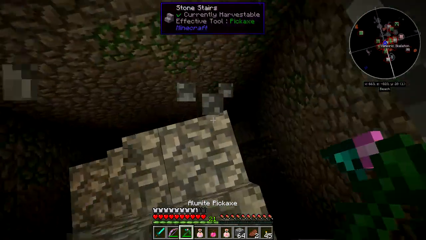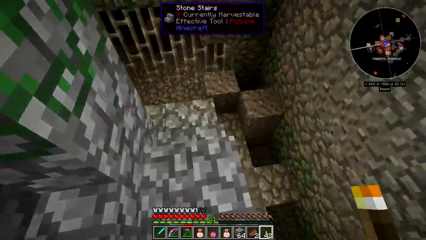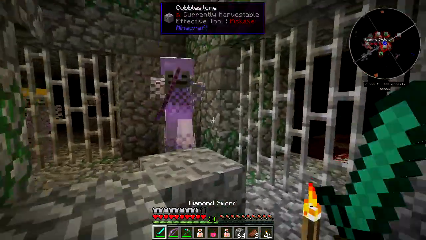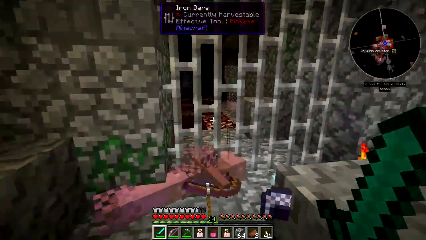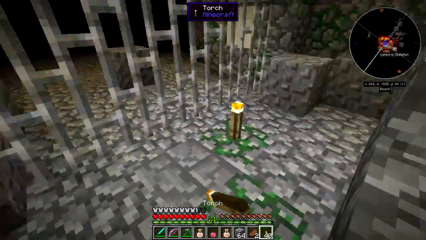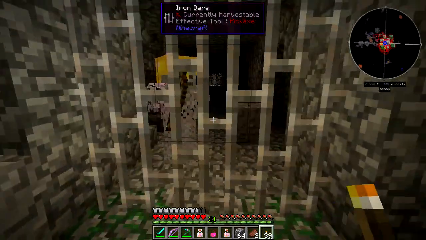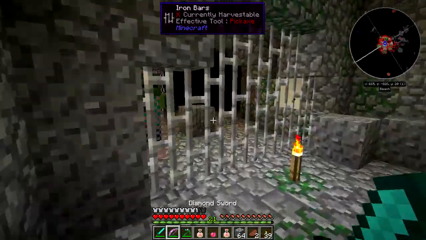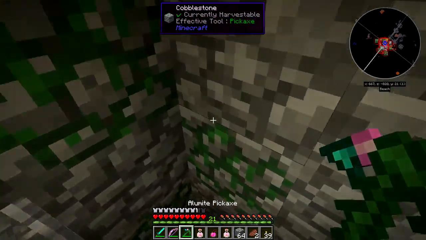Gotta be careful not to take any fall damage here. There's a pretty decently armored skeleton there. There's some nether-related items there. I hear blazes. That fills me with confidence. Right, there's a spawner in there, for sure, so...